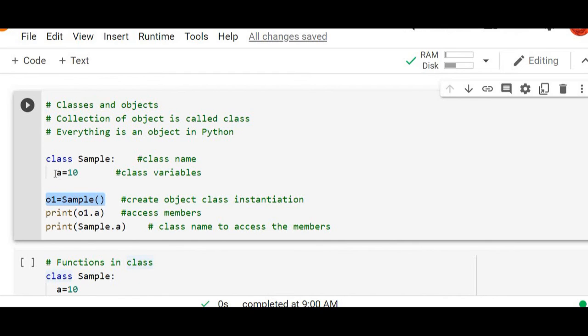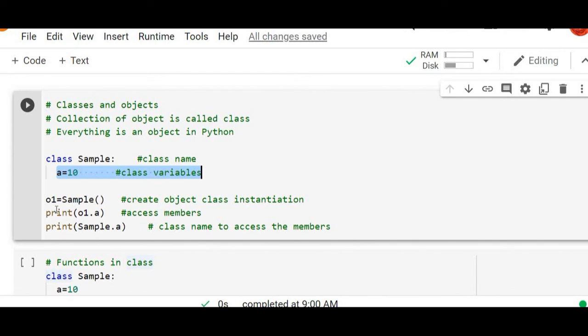And here in this example we have given a class variable. A class variable is common to the entire class. In the sense, if we create multiple objects of the same class, no object can claim this variable for itself. This is a class variable, and hence it is stored in a separate memory and can be accessed by all objects.